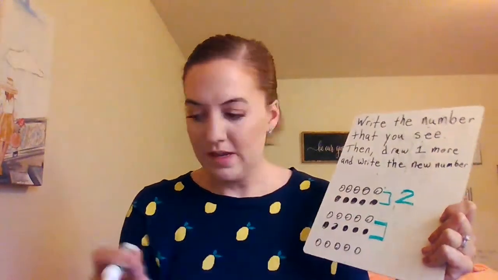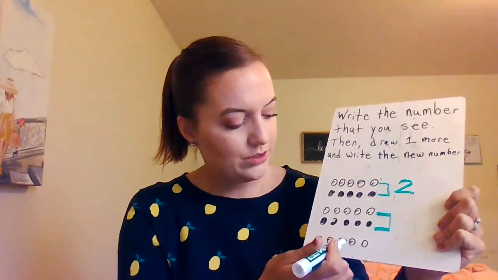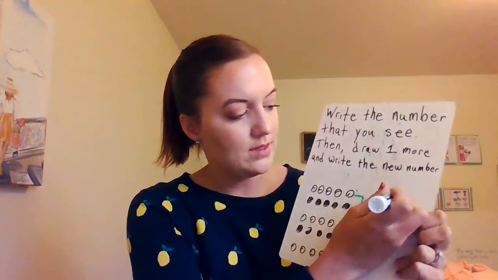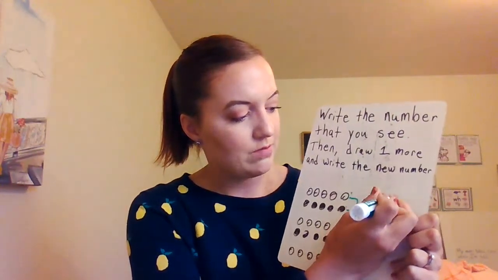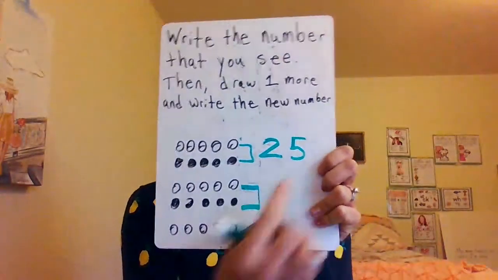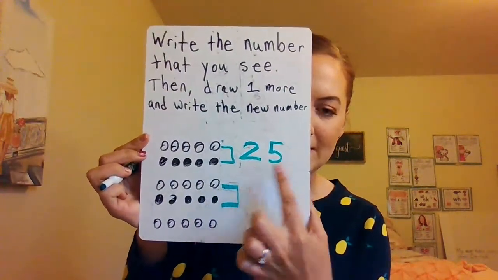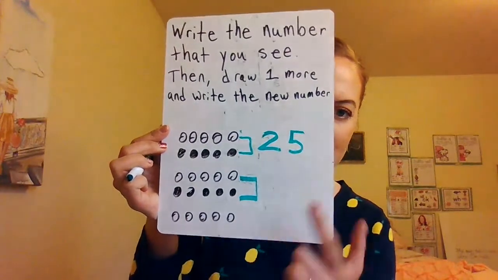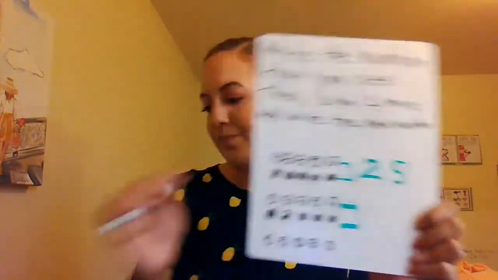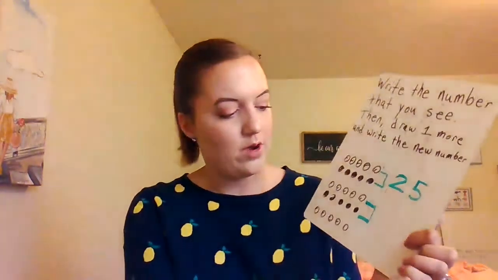So we've got that. Now I've got 1, 2, 3, 4, 5 little ones. And I'm just going to write that right next to the 2, sorry. So the 2 is for the 2 10s for 20, and then the 5 is for the 5 little ones. So we have 25. Now I'm going to draw one more